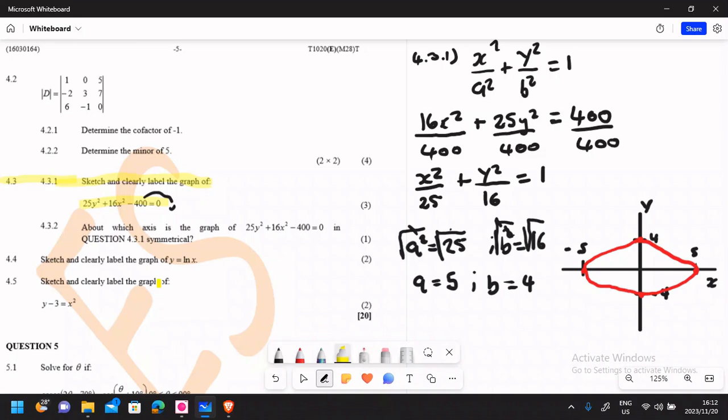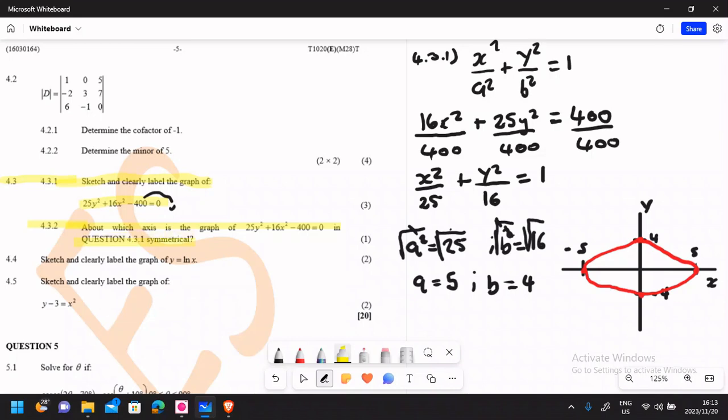All right, guys, now let's go and do 4.3.2. This one here, let's do 4.3.2. Guys, this question here, it's 1 mark, so it's a matter of answering a question. They are asking about which axis is the graph of 25y squared plus 16x squared minus 400 equaling 0 symmetrical. In question 4.3.1,